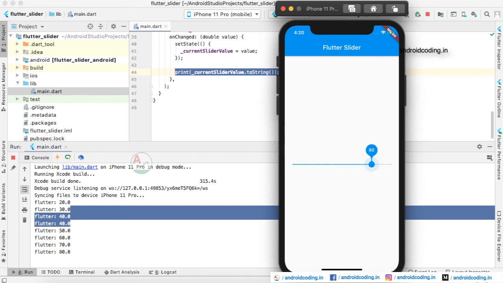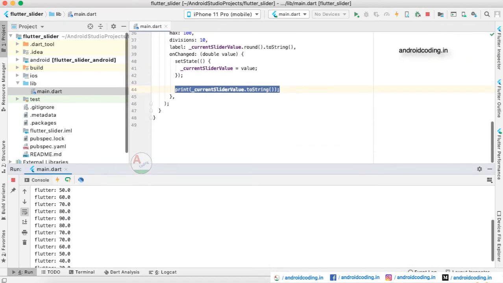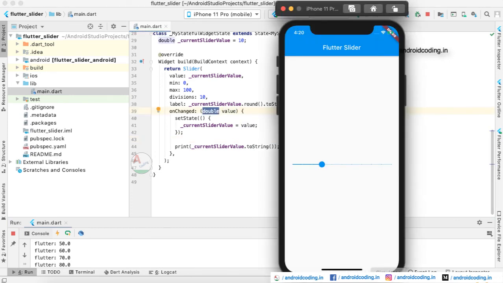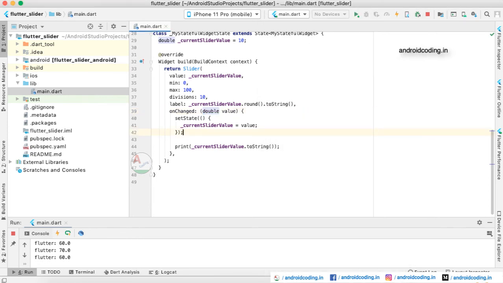When you keep on increasing the value and decreasing the value, you will be getting the values according to their position here. So onChanged here you can get the input as a double value. Here 10.0, 20.0, 30.0, these particular values will be provided when you change the seek bar, that is called a slider in Flutter. Based on that you can take this as an input. So this is how we implement a slider in Flutter, and depending upon your requirement you can use it in your application. So this is for this tutorial.